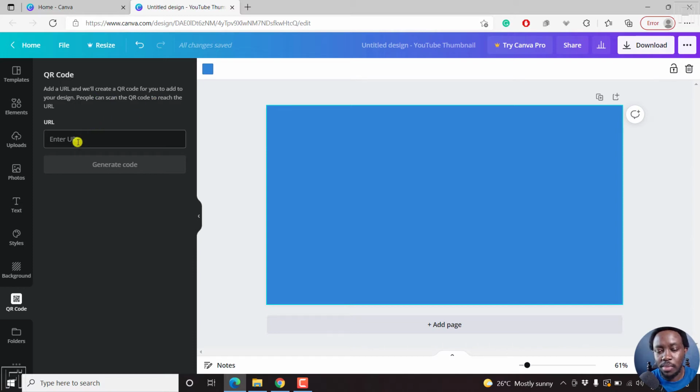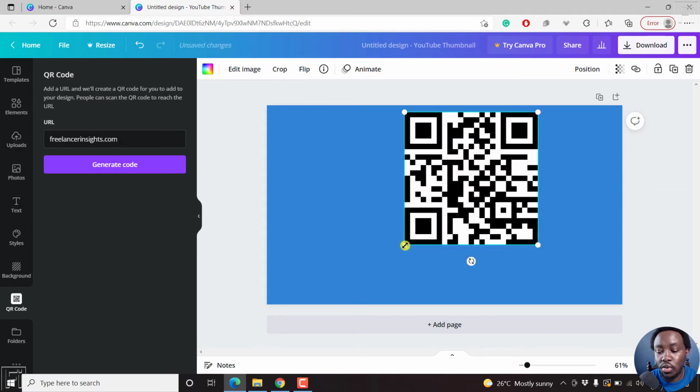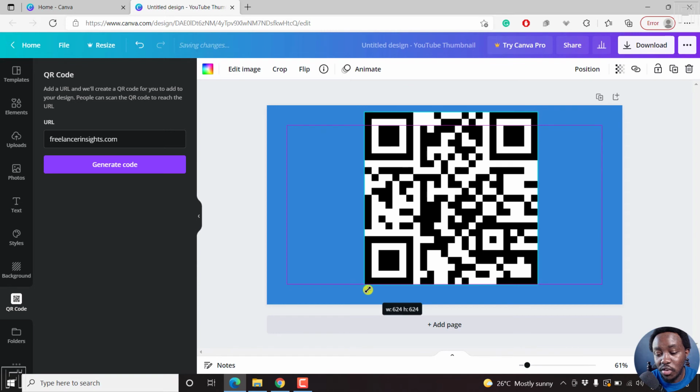So for example, let's just add my website, freelancerinsights.com. And once I do that, I'll click on generate code. It's going to just take a couple of seconds, and there is our QR code. If I just take my phone and just point the QR code scanner to this particular QR code, it's going to open my website. So you can actually just try it out. Just point the QR code scanner on your phone on this particular image on screen and see where it takes you. I believe it takes you to my website,